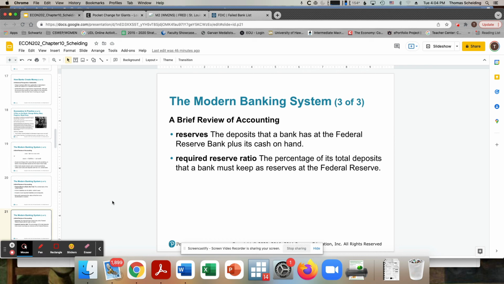So, the reserves, again, that would be the amount that the bank needs to hold, and it's going to hold that amount, those required reserves, at the Federal Reserve Bank itself. It's legally required to hold a certain amount. That amount is the required reserve ratio, which, in the United States, differs by size of bank, but for the most part, it's about 10%.